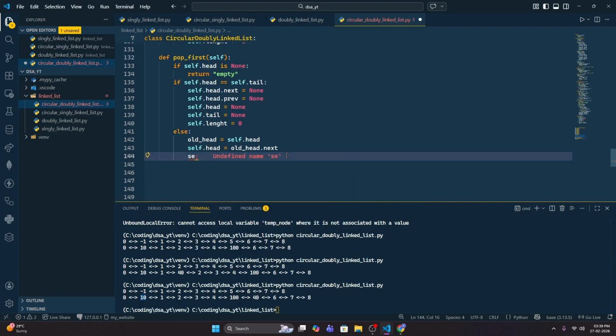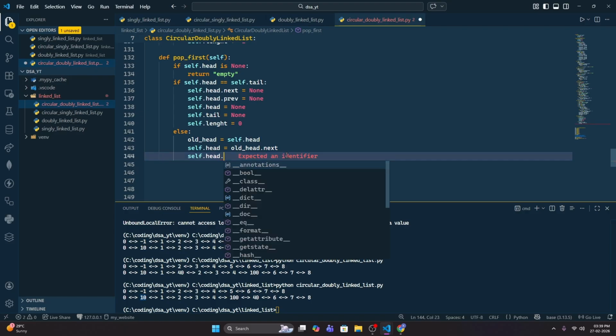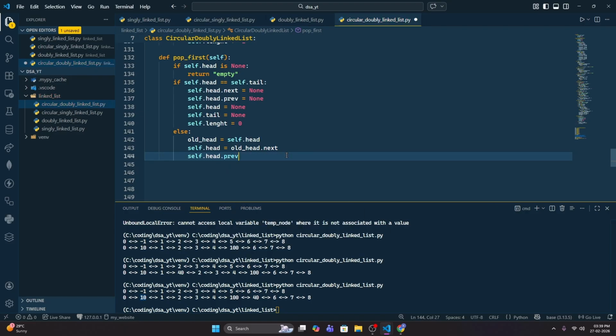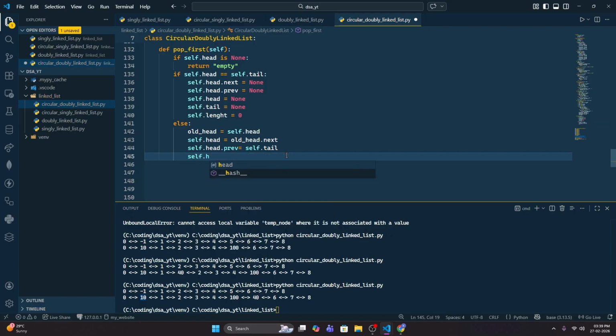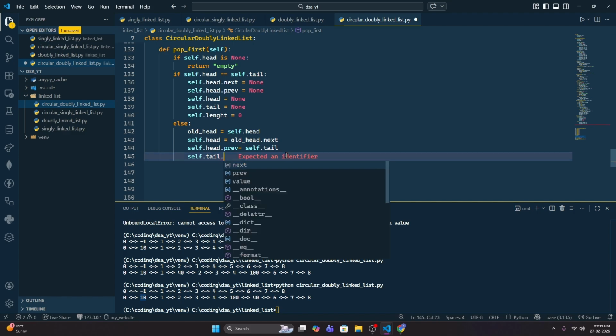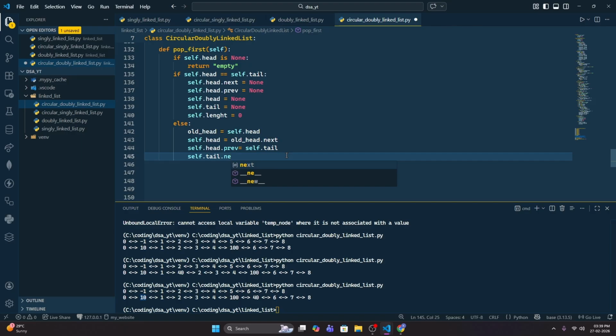Then self dot head dot previous will point towards the self dot tail pointer, and self dot head, no, not self dot head, it will be self dot tail, which we have to update. So self dot tail dot next will be pointing towards our